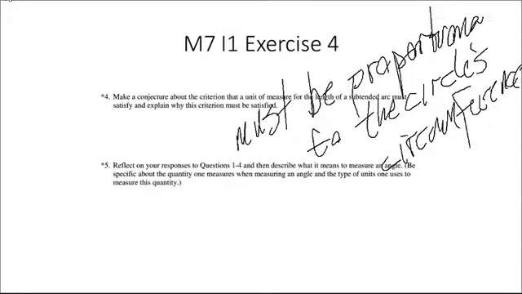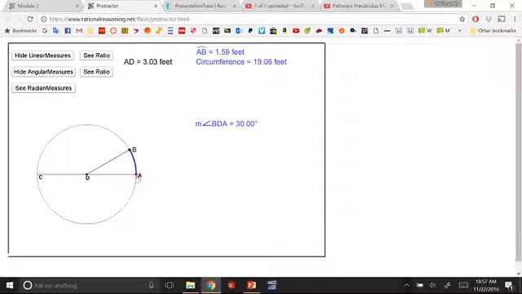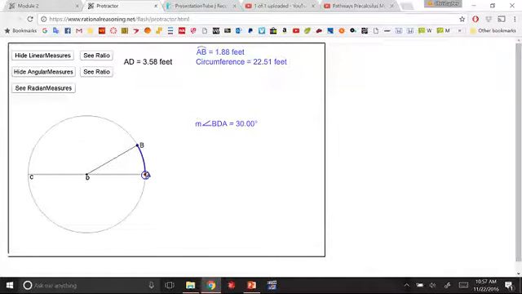Okay, and so just to drive the point we're making here in 4 home, I'd like to again call upon our protractor application. Hope this works. All right, we're in our protractor app now, and let's toggle our angle measure. So we're looking at 30 degrees of openness, and now I'm going to pull up the arc length. So if I extend the radius of this circle, note how I'm maintaining the same openness, the same fraction of the circle. The arc is